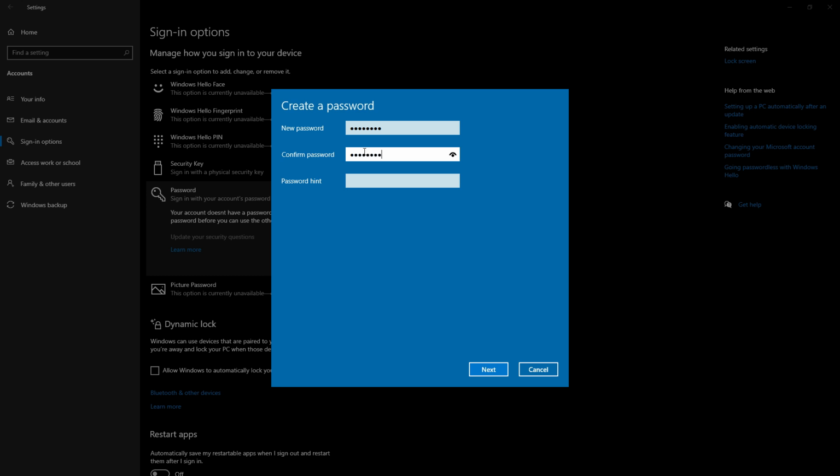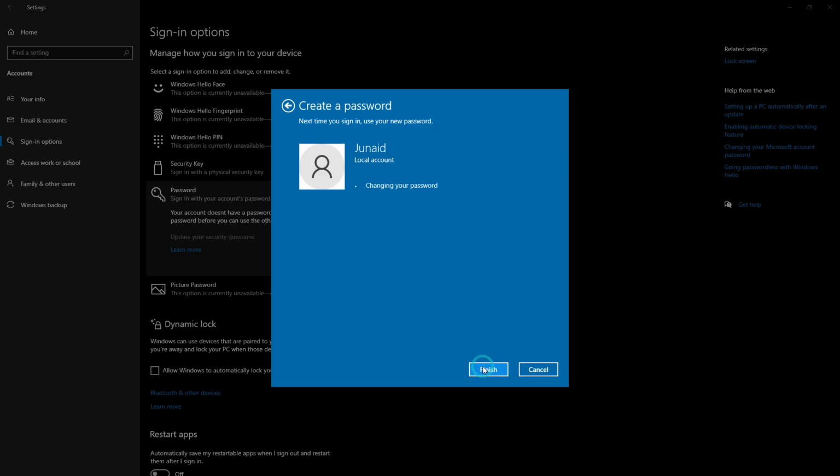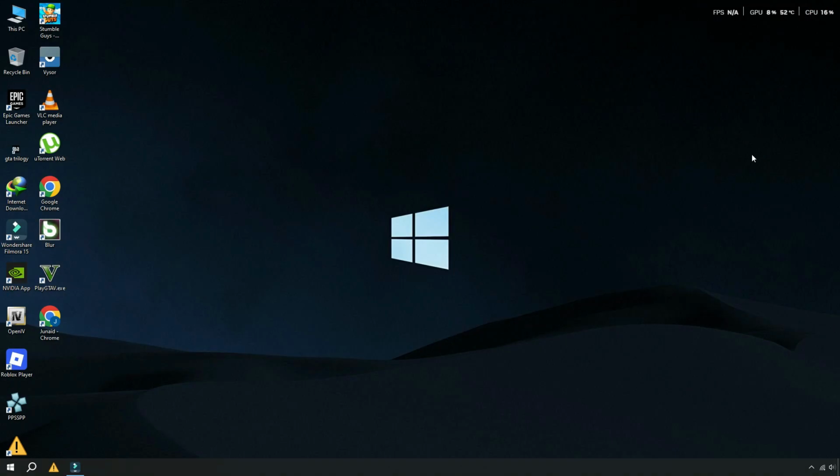Also, enter a password hint. Then click Next. Finally, click on Finish. That's it. Your Windows password has been set